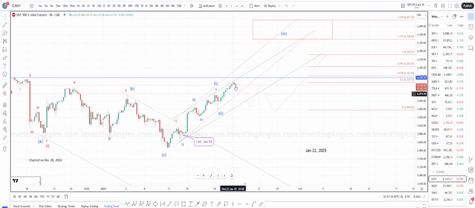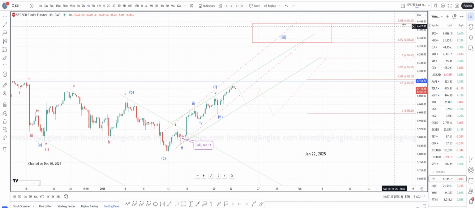So technically, the index could be forming wave 3 right now, which has a target somewhere here at 64.30, 63.40. That's the potential target for wave 3. However,